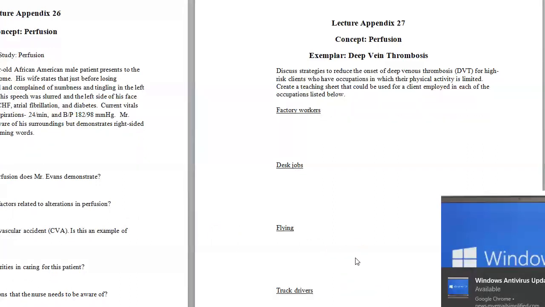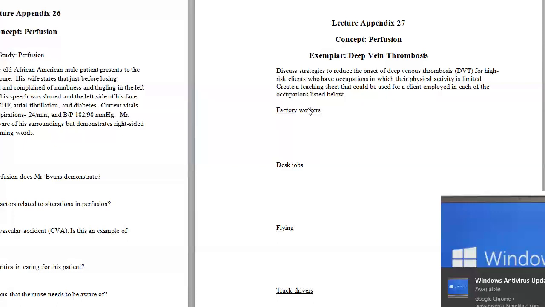Discuss strategies to reduce the onset of deep vein thrombosis for high-risk clients who have occupations in which their physical activity is limited. Create a teaching sheet that could be used for a client employed in each of the occupations listed below. Think about your factory workers. They stand a lot. Many of them are on assembly lines. So you want to